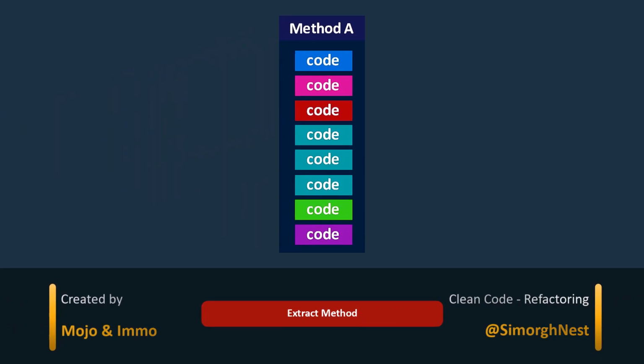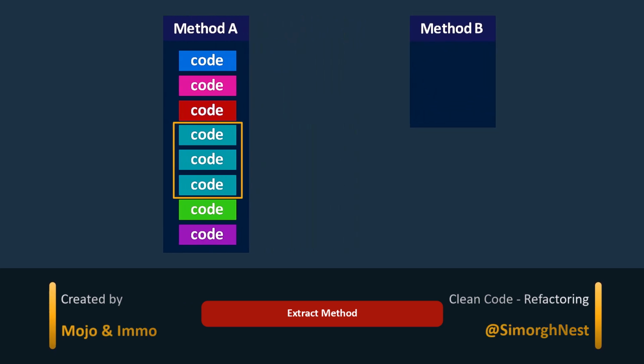The extract method technique helps us make a separate method from a block of code that we can use again. Picture a big function or method that does many operations or calculations. Sometimes we might see a part of the code that can be taken out and turned into its own method. That's when we use the extract method technique.